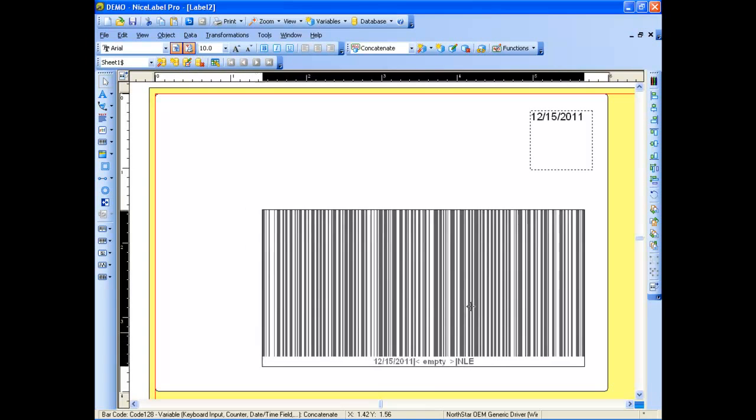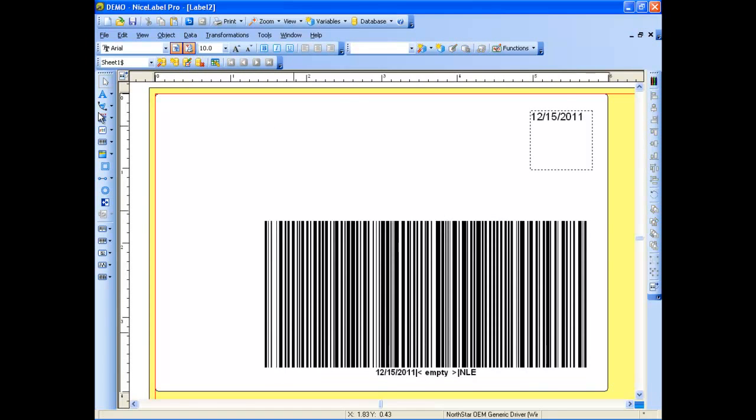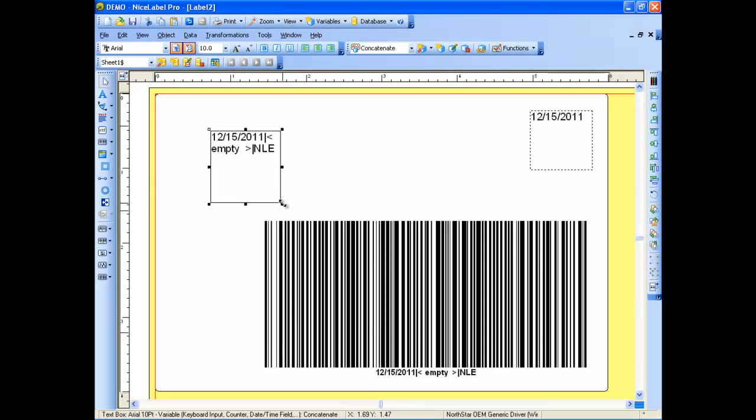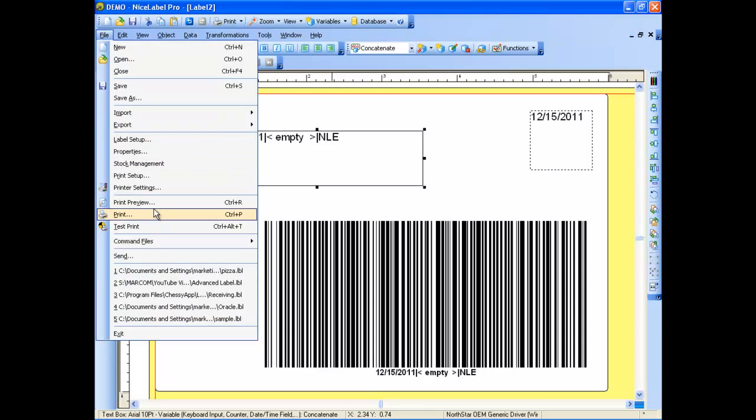We can also add this concatenate function as a text box. It does not have to be a barcode. So if I go to a text box, I can go down to use existing variable. I can select my concatenate, and as you see, all three of those are listed with the pipe as a delimiter. So if I do a file print,